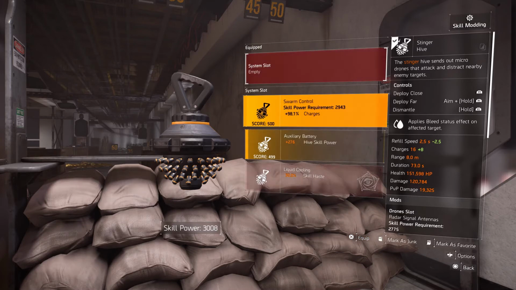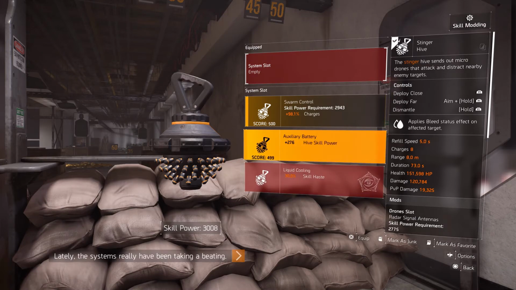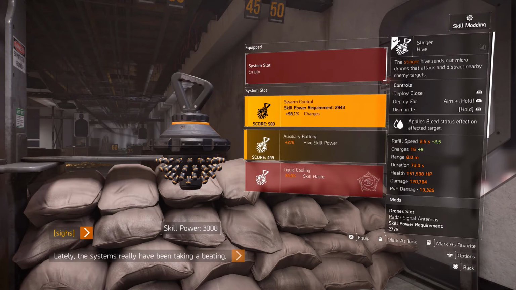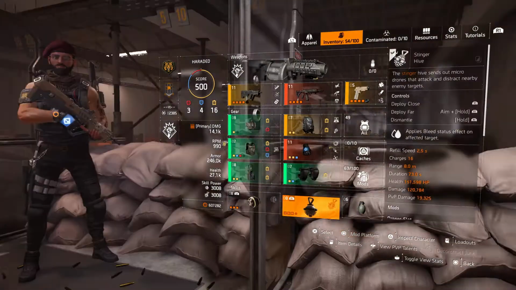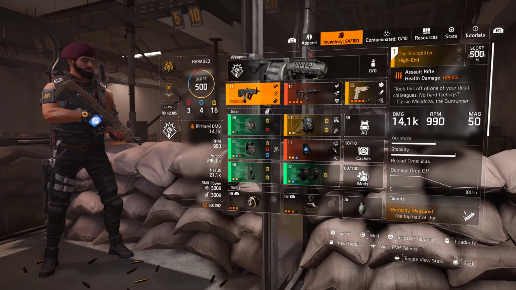And here, I have charges. I can use charges, of course, why not? Skill haste requires a technician, but skill hive powered, I don't need that. I'm gonna use that. So basically, this is the build. I'm gonna run through